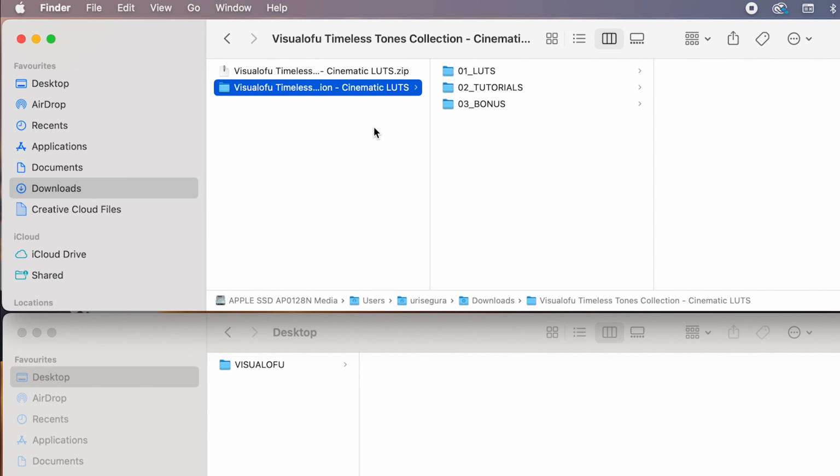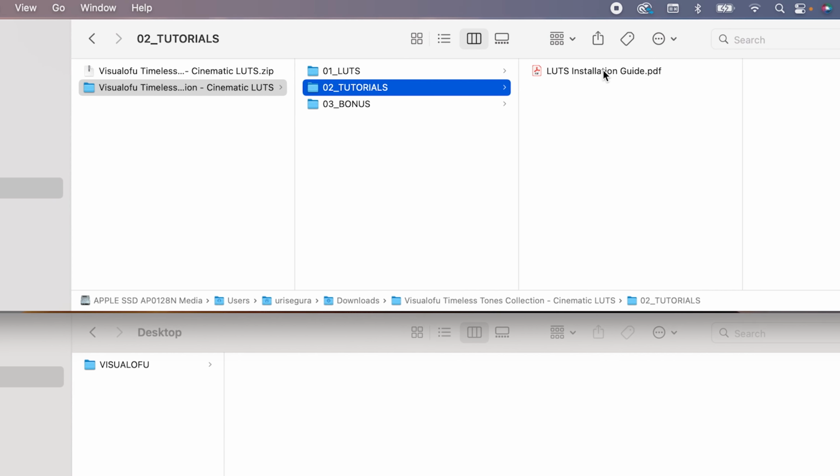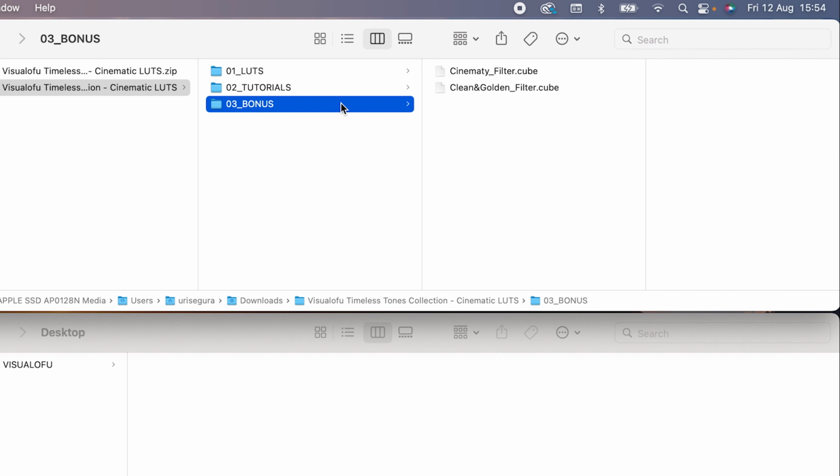In there, you are going to find three different folders. The first one is called LUTs, where you can find all the LUTs from your purchase pack as cube files. The second folder is called Tutorials, where you can find the installation guide you are watching right now. And the third folder is called Bonus, where you can find two extra LUTs that I used to create my